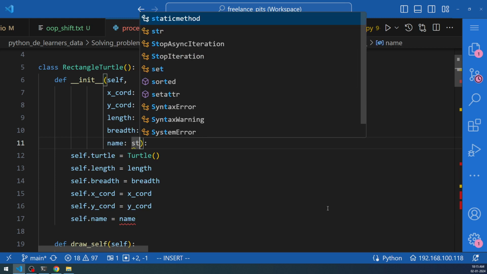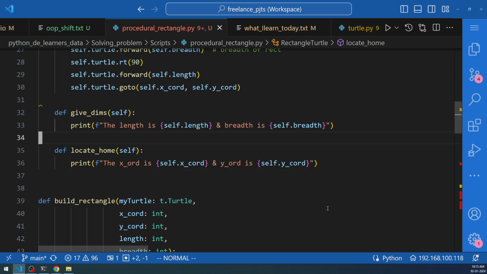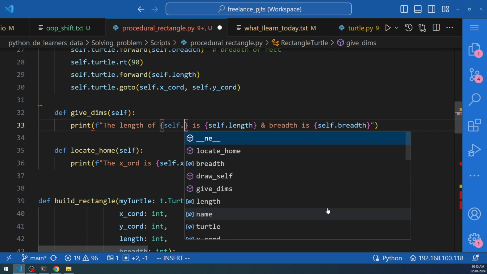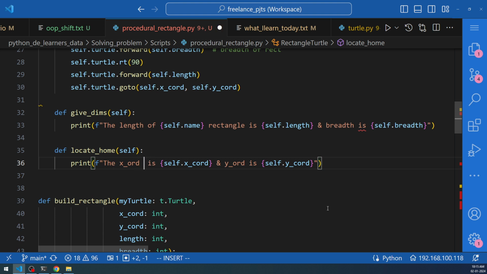So I say it's a string, and then I can use this name here when I am going to locate it. The length of self.name. So here the name of the rectangle will get printed, and once you are able to build it like this, self.name, rectangle,